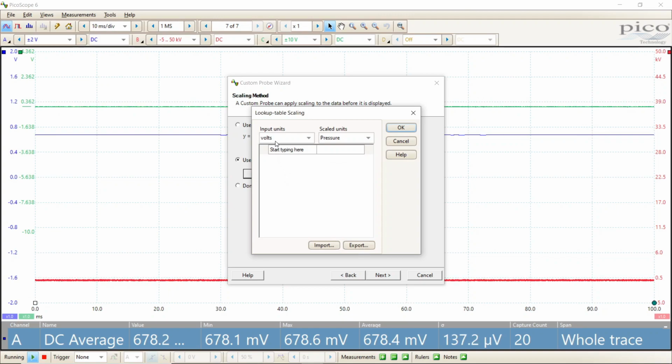Now we're going to create our lookup table. We're going to use millivolts. And we got, what was that, 485 millivolts. We'll call it negative 15 psi. I'm not certain if that vacuum pump can pull a true 30 inches of vacuum or not. And then at 678, which we can see at the bottom of the screen, that is our atmospheric pressure